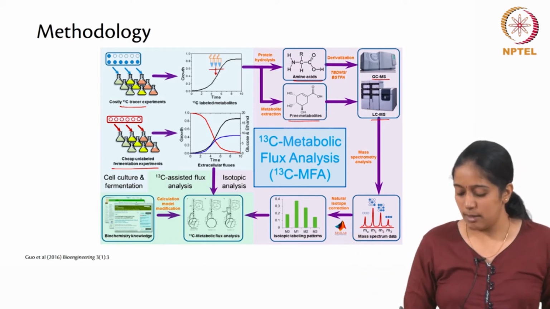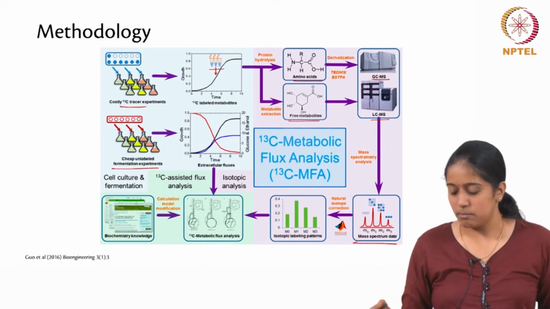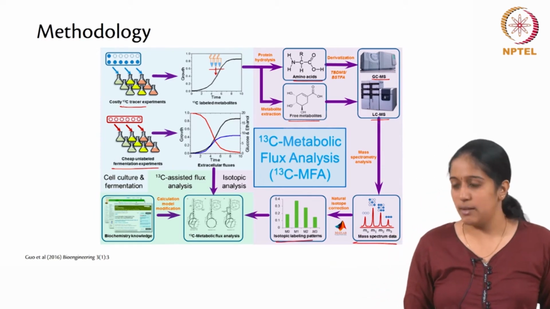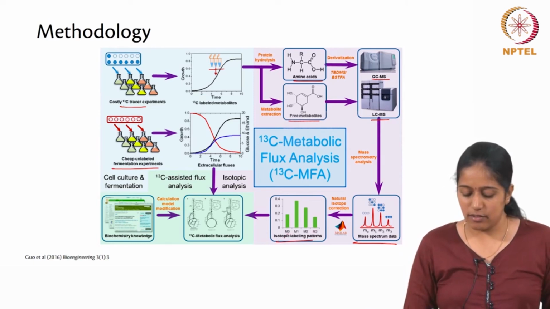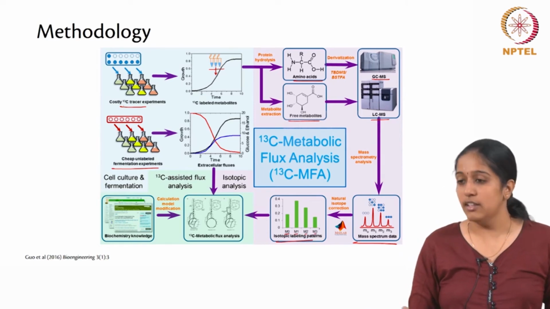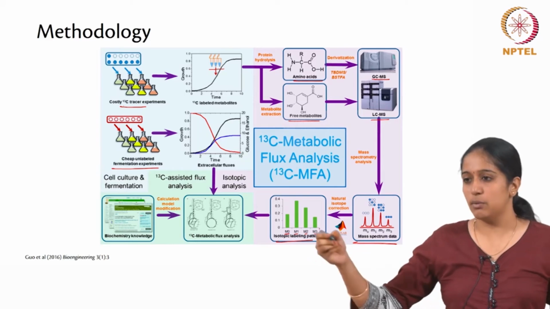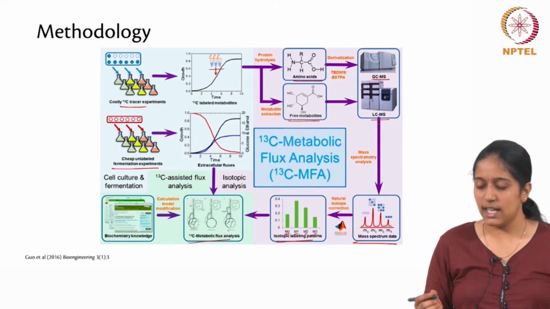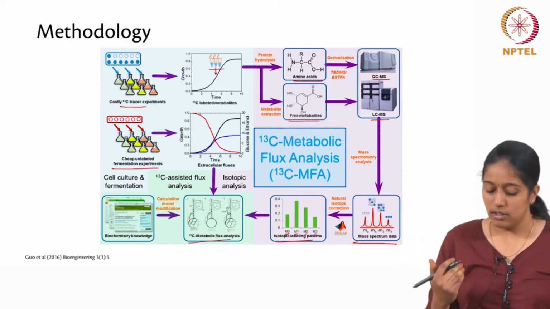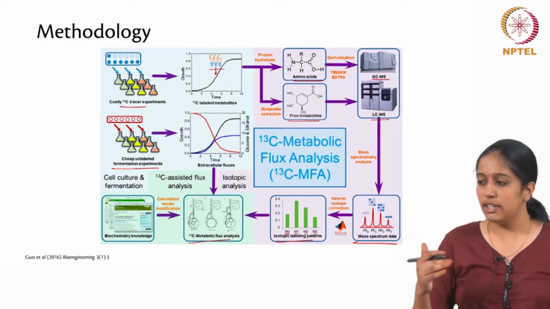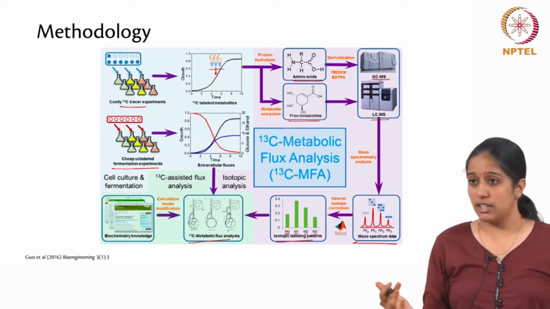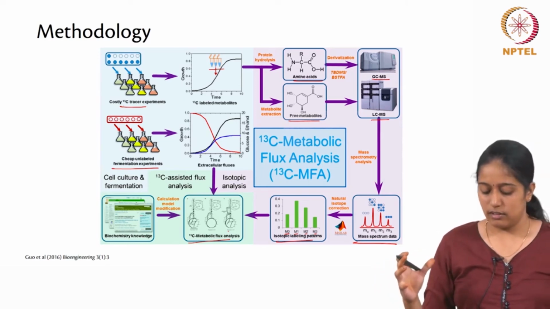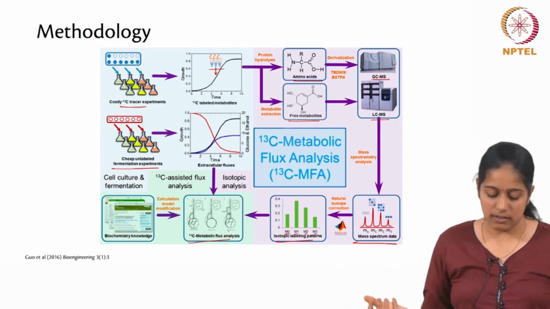And using this, you get the mass spectrum and you find out the isotopic labeling patterns. So, here you will have data for M0, M1, M2, M3, which I earlier showed you as M, M+1, M+2, M+3, and you fit it into a model which has these equations which can tell you about the relative flux ratios, or the flux through the particular pathway and so on.